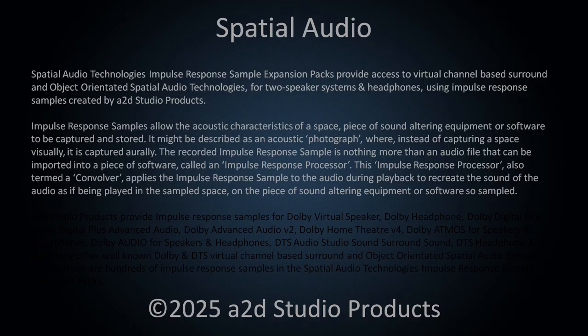The recorded impulse response sample is nothing more than an audio file that can be imported into a piece of software, called an impulse response processor. This impulse response processor, also termed a convolver, applies the impulse response sample to the audio during playback to recreate the sound of the audio as if being played in the sampled space, on the piece of sound-altering equipment or